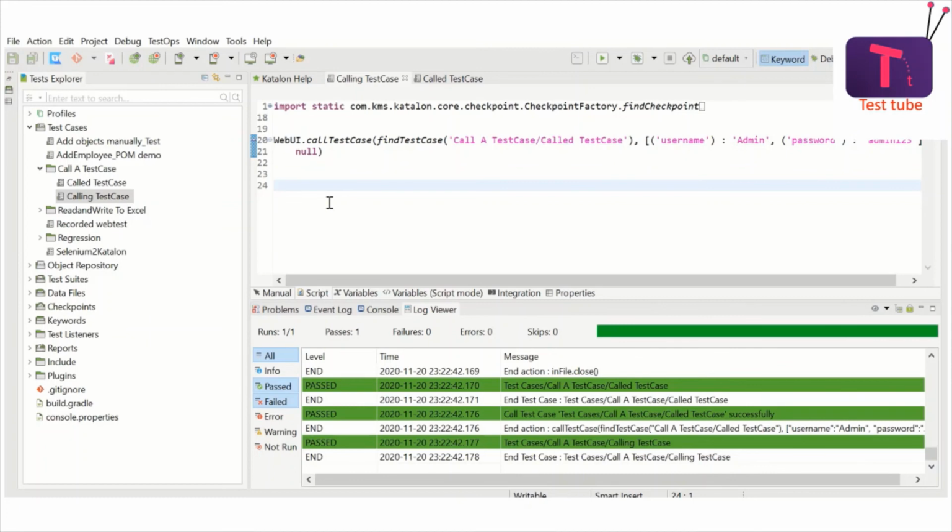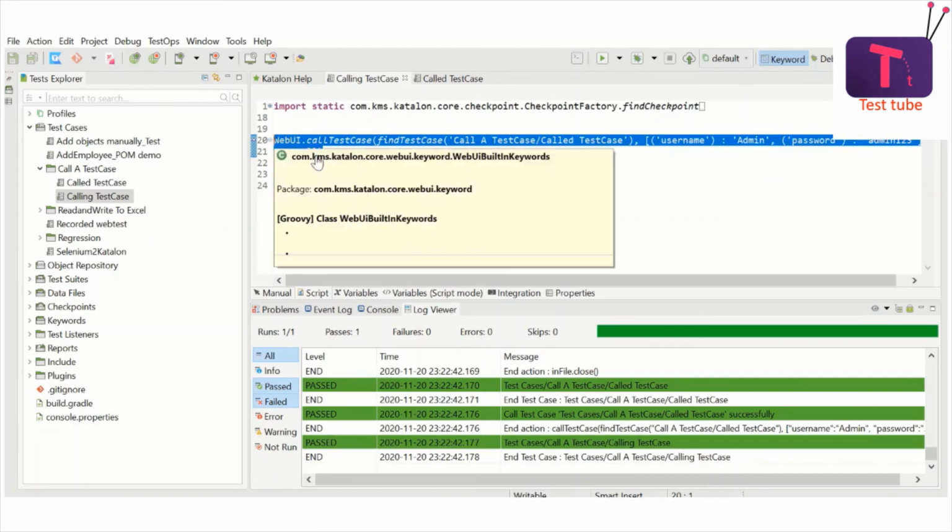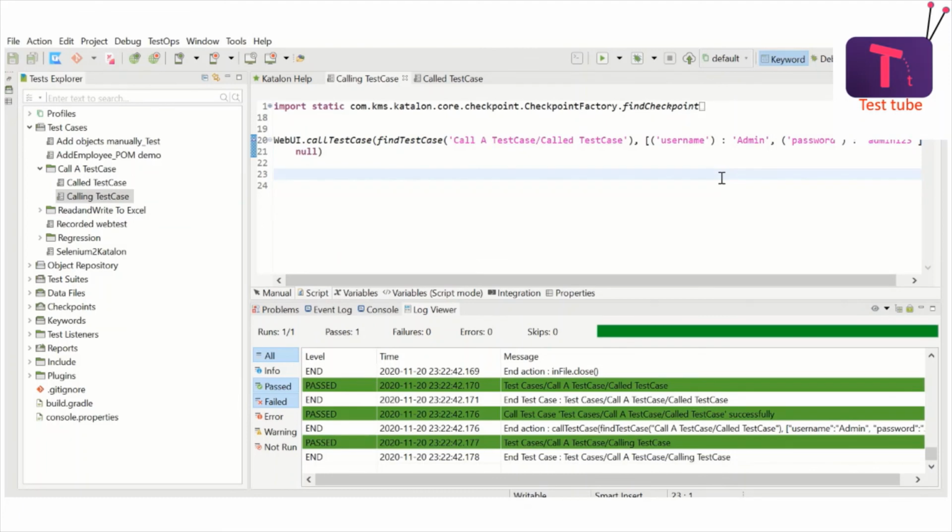Another possible scenario is when you wanted to test the login for different users and check certain operations. In that case, all you have to do is call the call test case which is doing that login action, but passing different variables.